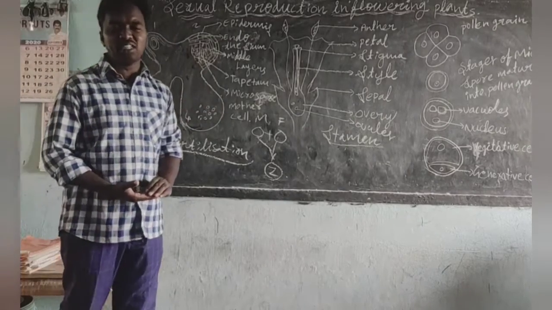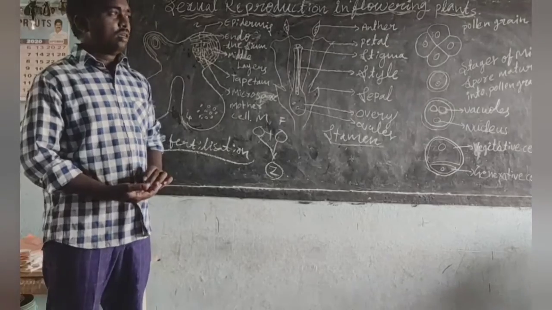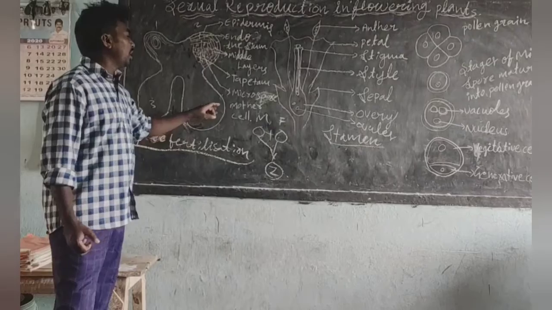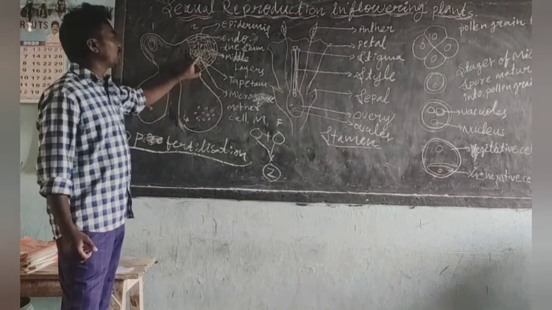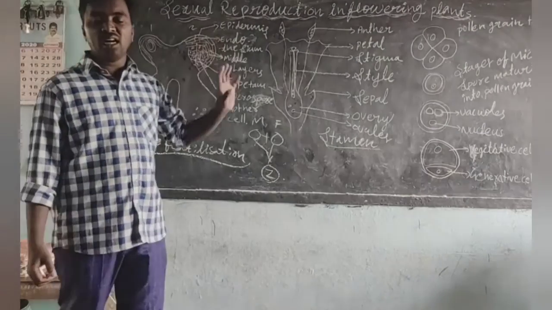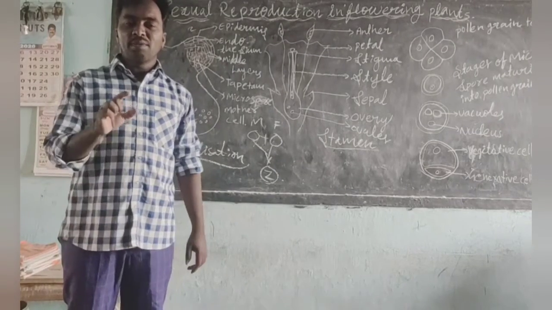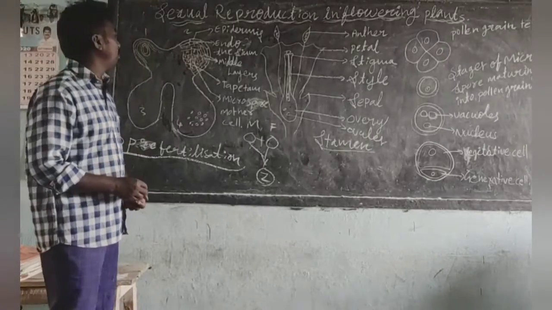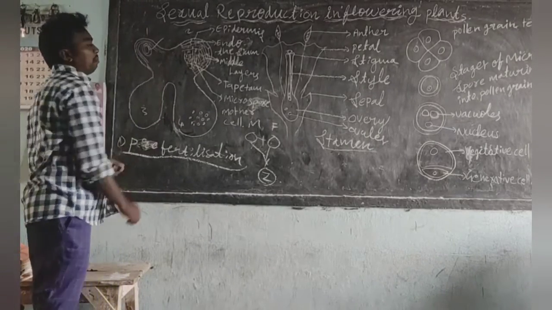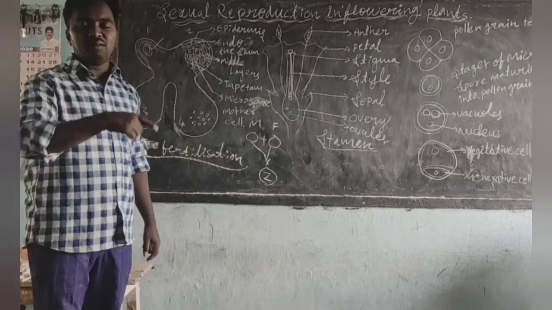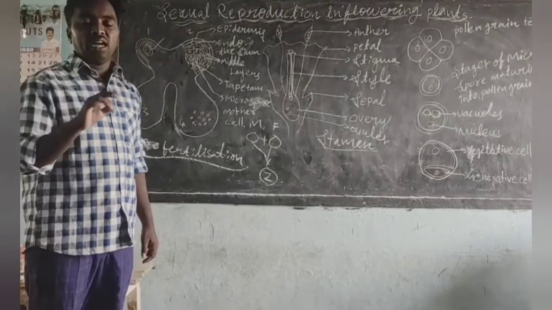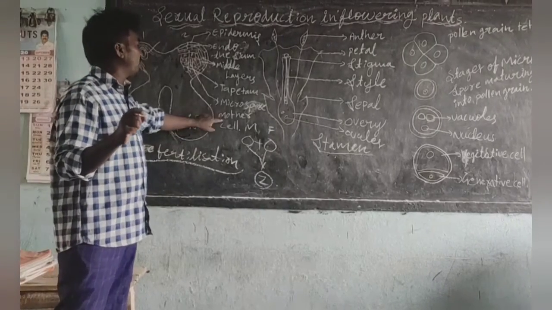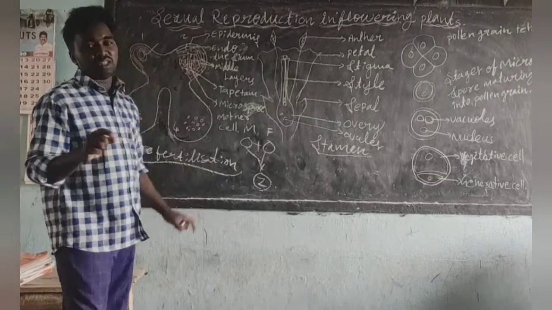So these tapetum cells contain only the male reproductive cells, that is pollen grains. So majorly the microspore mother cells are present in the tapetum cells only. These tapetum cells are not present as layers. Okay, these tapetum cells are formed like ball shaped cells. So these are formed in a club like structure, and within the tapetum cells only the microspore mother cells are formed.